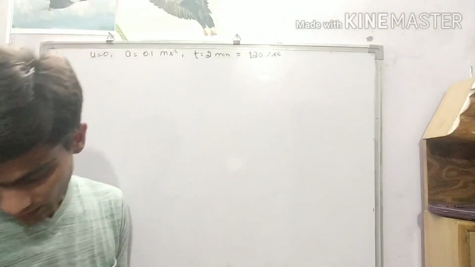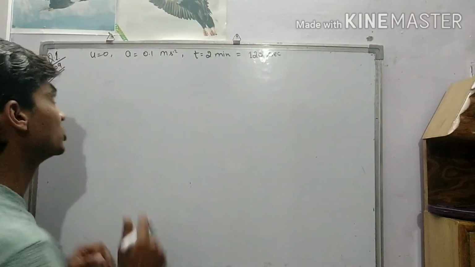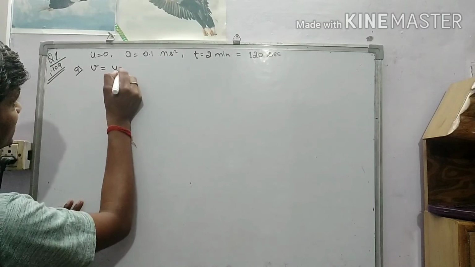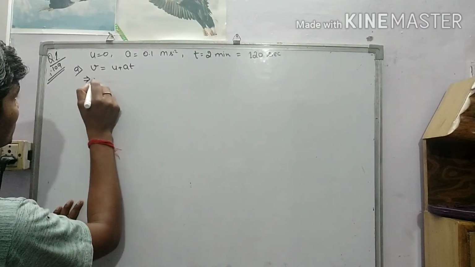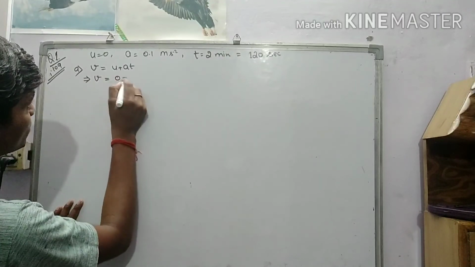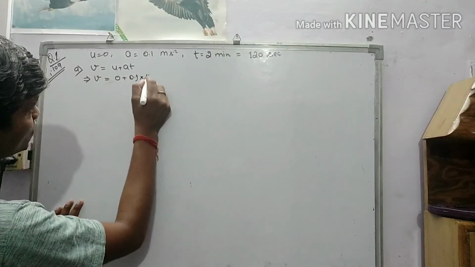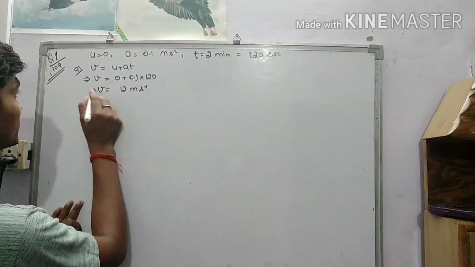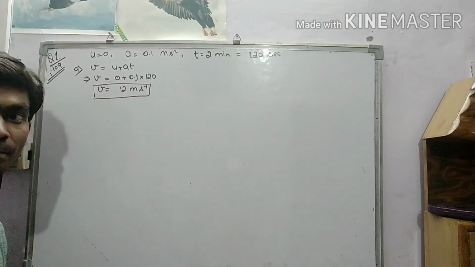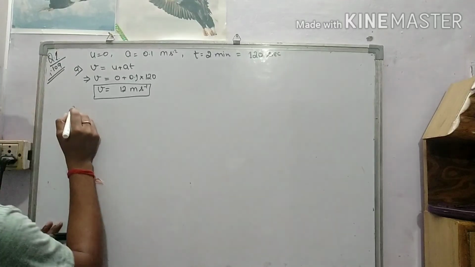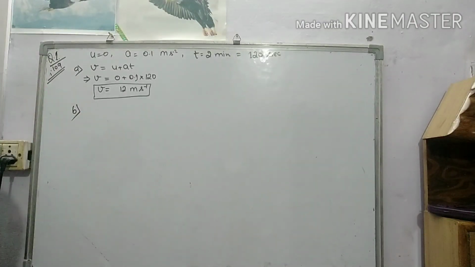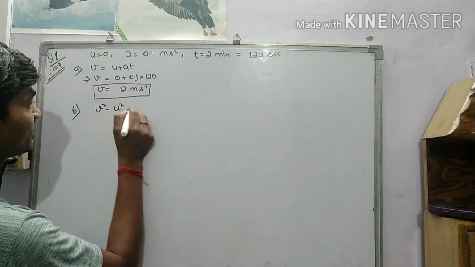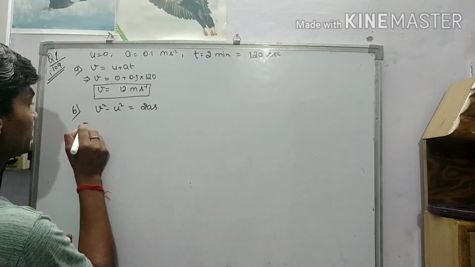What are they asking? Find the speed acquired. So speed can be found. A part we are going to solve. V equals U plus AT. From here, V equals 0 plus 0.1 into 120. So that is 12 meter per second. This will be the speed acquired by the bus. The first solution. Second part. What is the distance traveled? So you know V square minus U square equal to 2AS. From here, V is